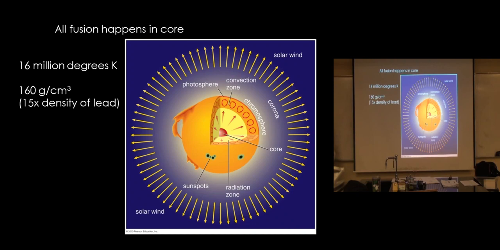The answer is detailed calculations having to do with thermonuclear fusion. The density, now that people are about halfway through exercise 5, this number might start being meaningful. Earth, which is basically a giant lump of nickel and iron, is about 5.5 grams per centimeter cubed. The density in this 16 million degree Kelvin star core is about 160 grams per centimeter cubed. So that holds something about this big, and it's about the weight of,